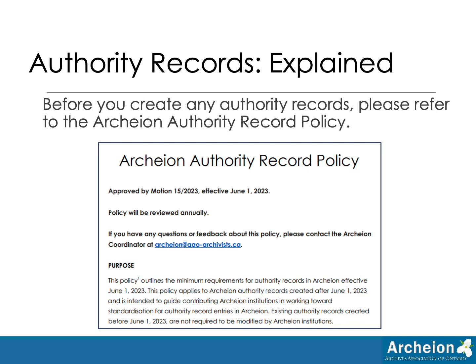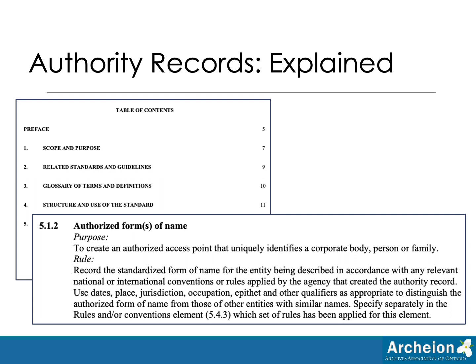The policy directly contributes to the AAO's goal of promoting professional standards, procedures, and practices among archival repositories. It is essential that Archeion institutions familiarize themselves with the policy and consult with the Archeion coordinator if they have any questions or suggestions. The policy will be reviewed annually. Note that the policy references the International Council on Archives ISAR standard. Archeion institutions should refer to the ISAR standard when creating an authority record for further instruction on how to fill out authority record fields, which we'll cover a bit later in the slides. The corresponding rule from ISAR for each field identified in the policy as mandatory or recommended has the corresponding ISAR